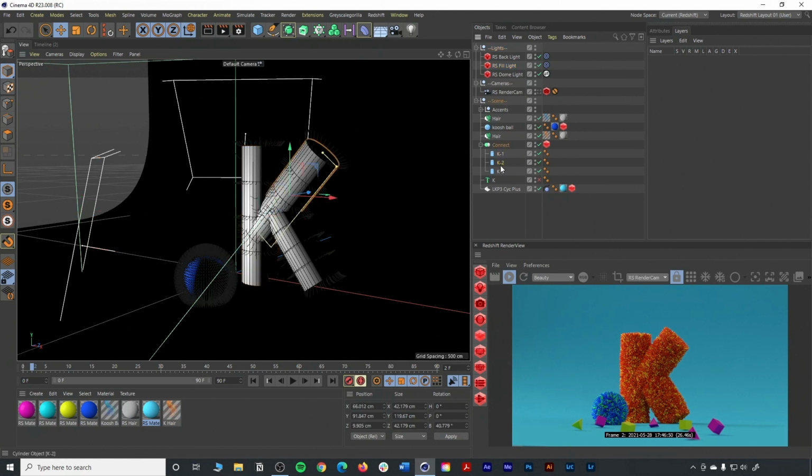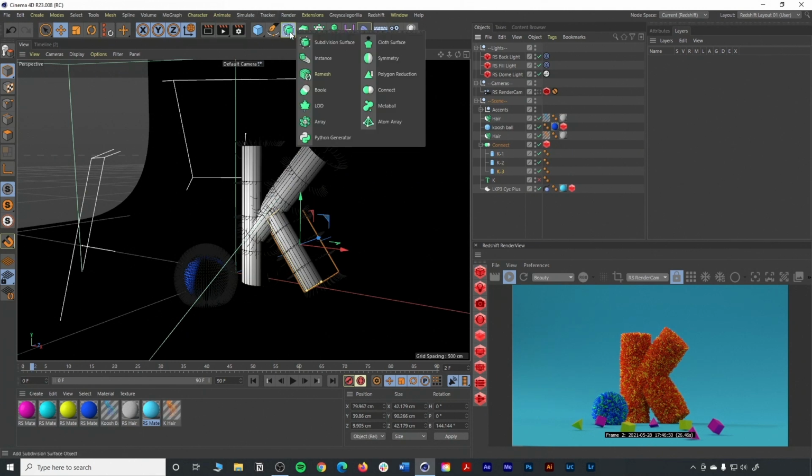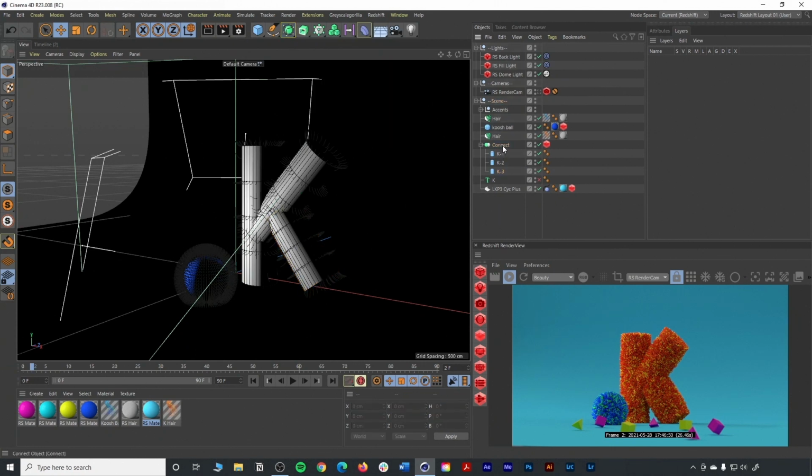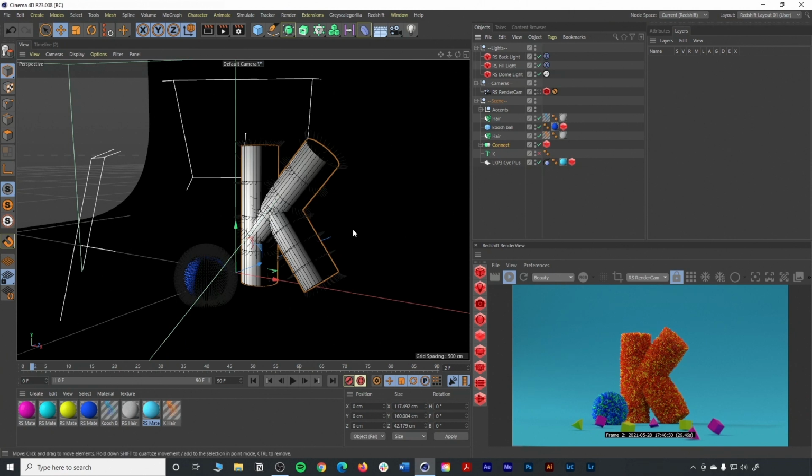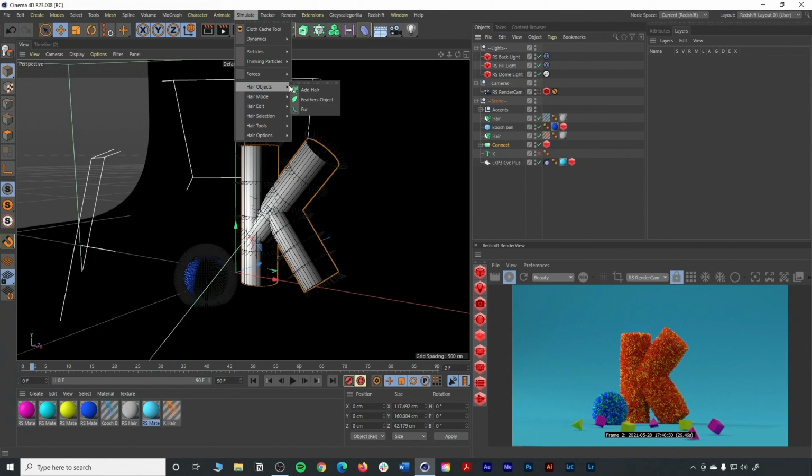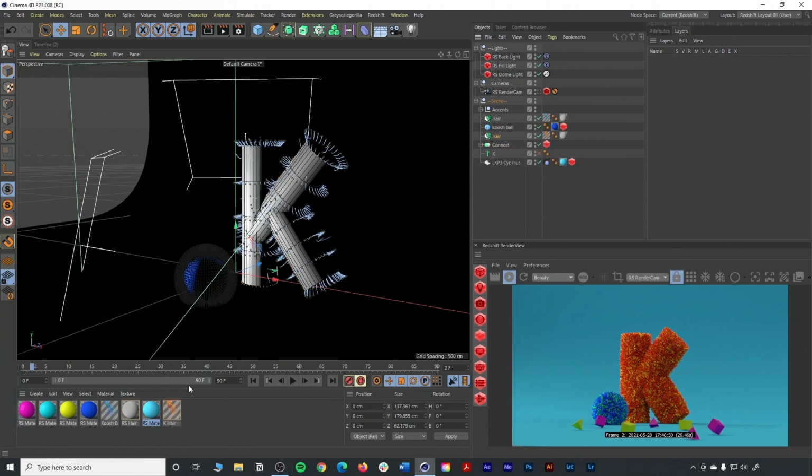It's really a combination of cylinders, and in order to make it one object, I'm using a connect to connect the 3 cylinders together, to make it a singular object and apply the hair. So once I've created this K foundation, I go up to simulate, I go to hair objects and I add hair. And when I add that hair, it adds this hair object here and also adds this